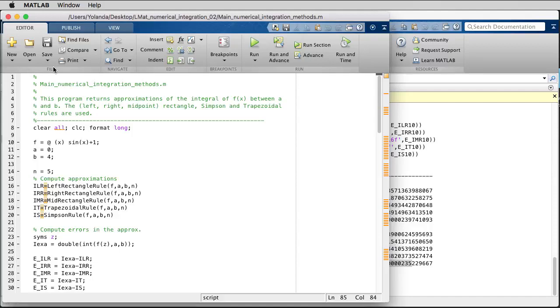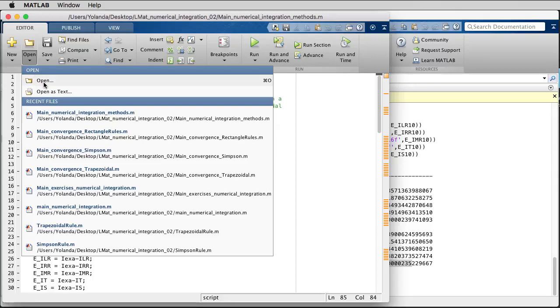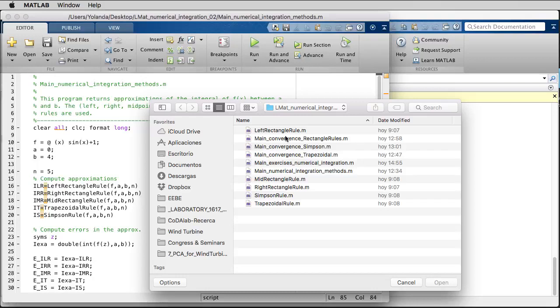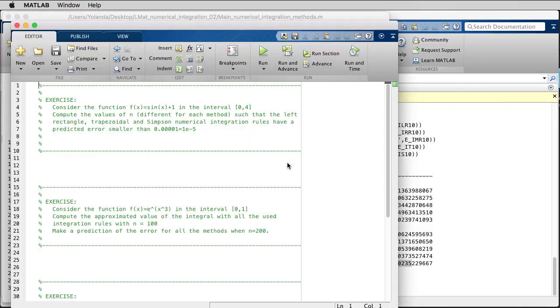So now let's do an exercise. Let's open the file exercise, main exercises. Let's do exercise 1. It says consider the function sine of x plus 1 in the interval 0, 4 and compute the values of n, of course, they will be different for each method, such that the left rectangle, trapezoidal, and Simpson's rules have a predicted error smaller than 0.00001. Okay, so in order to do this,